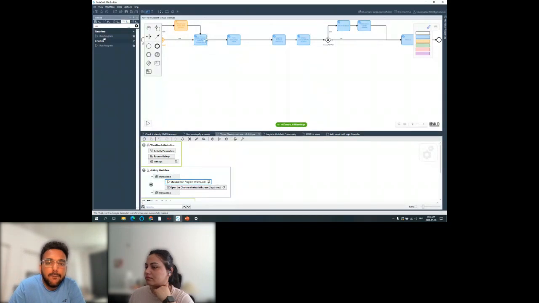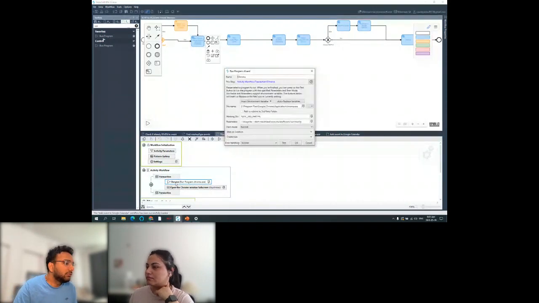My first bot task will open Chrome and enter the MuleSoft community. As I said, I am using run program wizard. Again, to open Chrome, you should make sure that you have Chrome installed on your deployed host. You can see my local machine has this chrome.exe file in my program files, so I am using that.